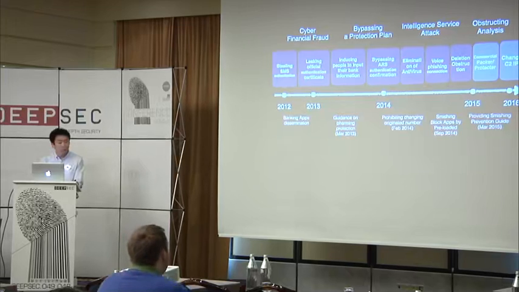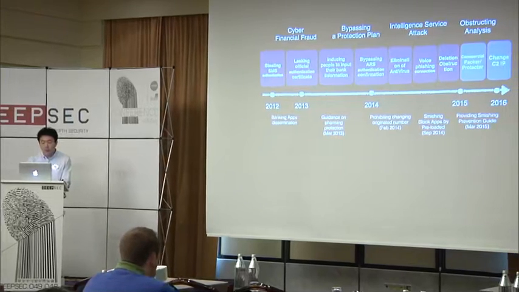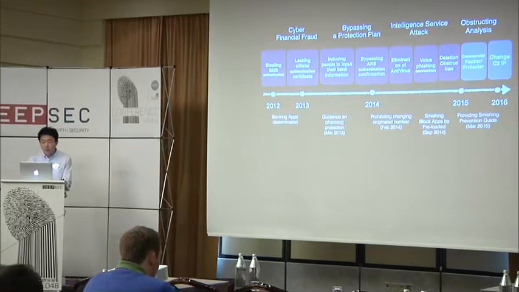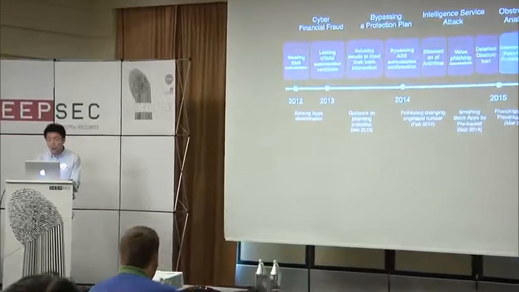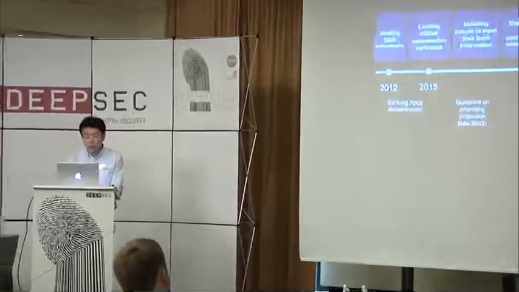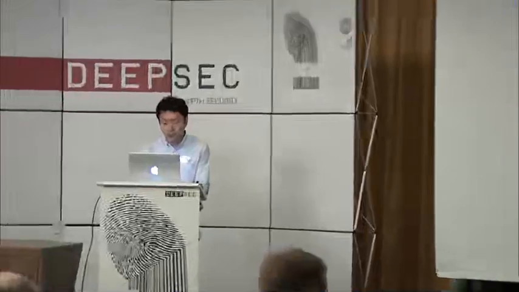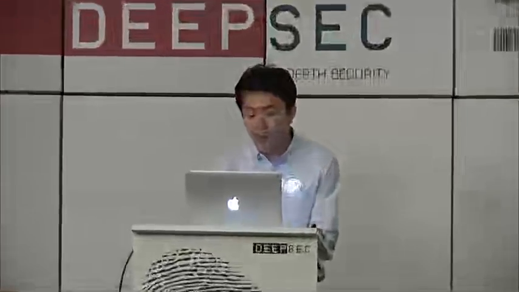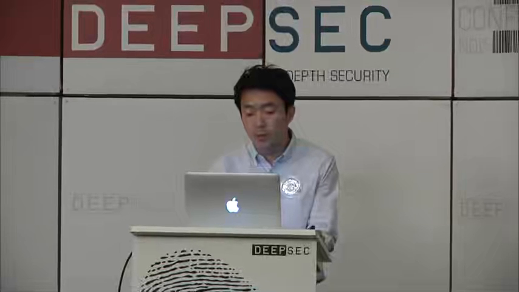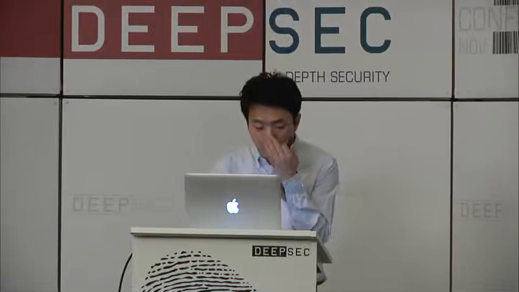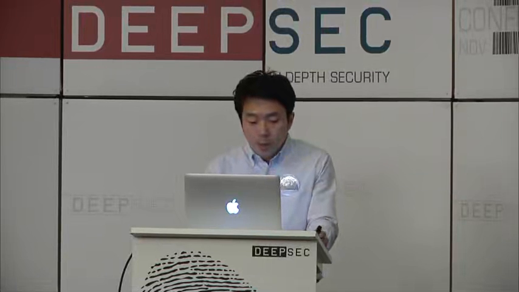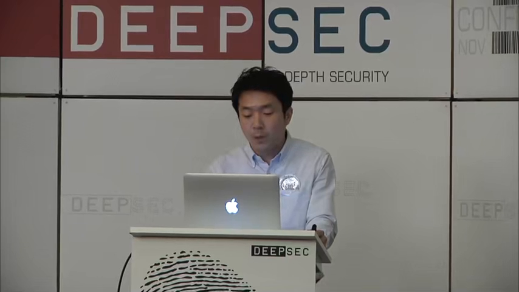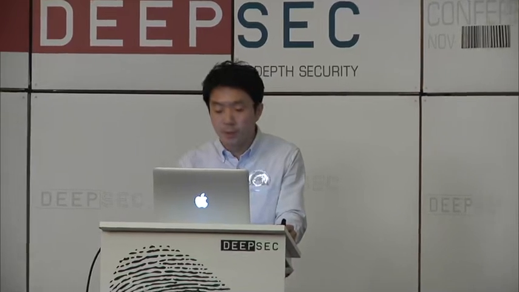This is a timeline about trends of financial fraud mobile malware in Korea. Since 2012, bad guys have aimed to steal financial login credentials from smartphone users. And other malicious apps aim to bypass the antivirus protection and two-factor authentication. In 2014, bad guys did an intelligent evolved attack. They used malware to connect with phishing. Nowadays, malware apps are more sophisticated and have various obstructing ways against reverse engineering.